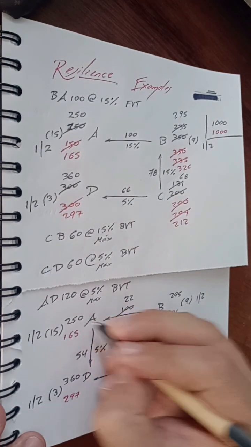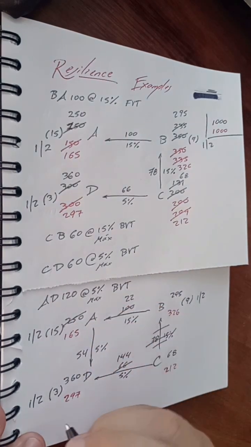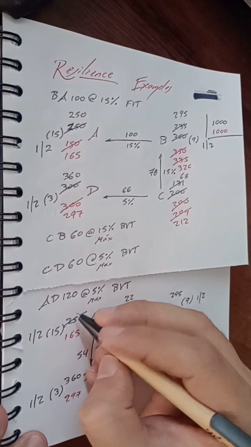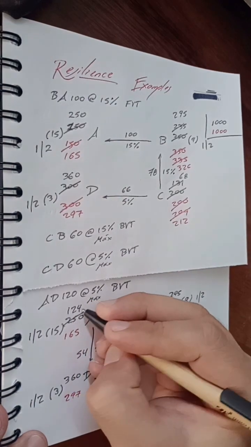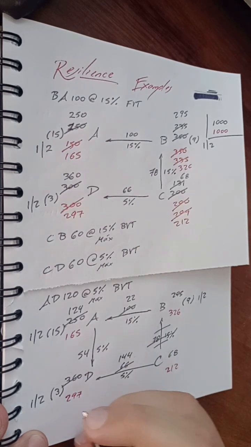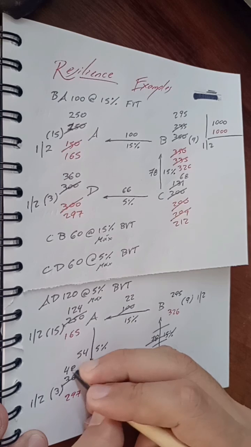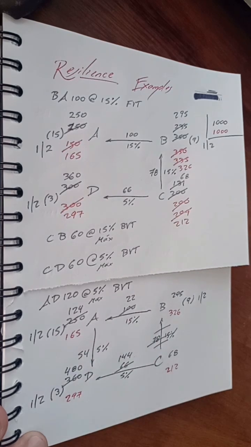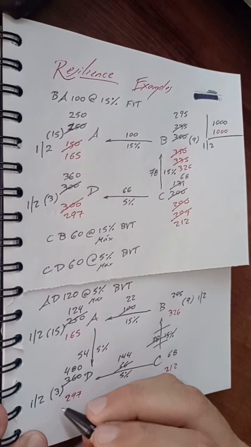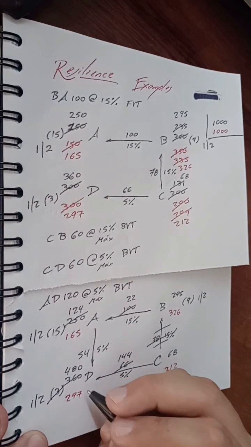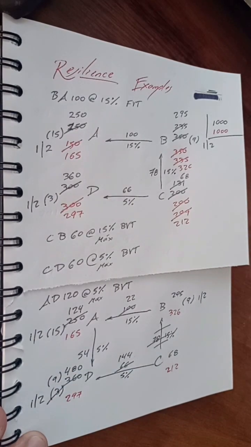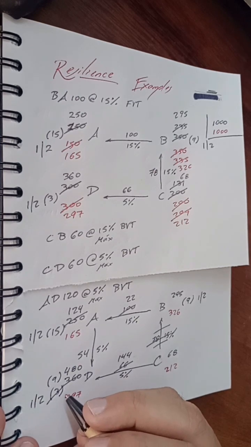In this case, A would be deducted 126, so we would have 124 in A, and D would receive the 120, so this would give us 480. In this case, the auxiliary of D would get 6, so it would get 9 in its auxiliary account,